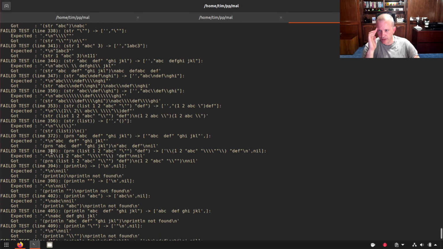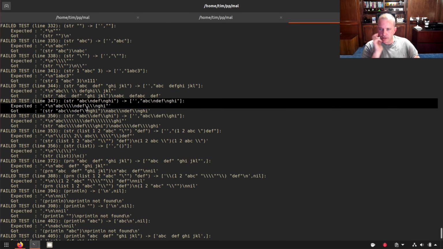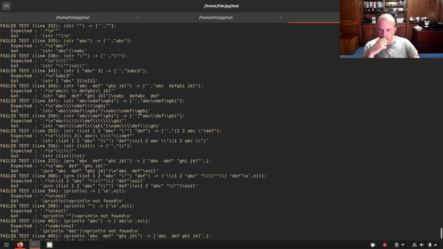Oh, we don't have a print line yet. This is so hard to read with all the backslashes. Str A, B, C, D, E, F, G, H, I. It's supposed to get back literally what you gave it. But,